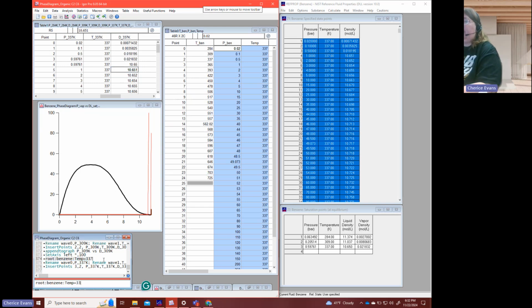Okay, so after 337, the next point is, oh, gotta pin that to graph. Okay, so the next point is